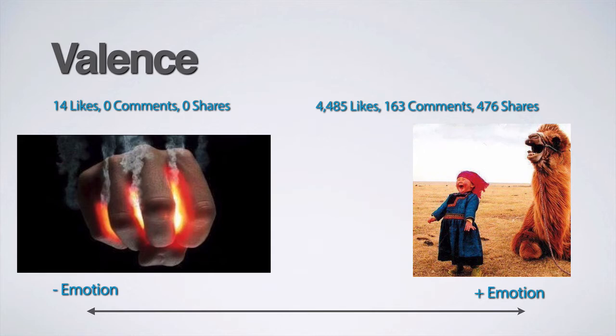If you look up valence on Wikipedia, valence is how positively or negatively emotionally charged your content is. So the photo on the left has a very negative emotional context. This fist holding a hot rock connotes anger. The one on the right is one of my favorite posts on Facebook. This kid making his camel crack up. It's a very positive emotion. We posted these two photos on the same page at the same time, and the one on the right got 4,485